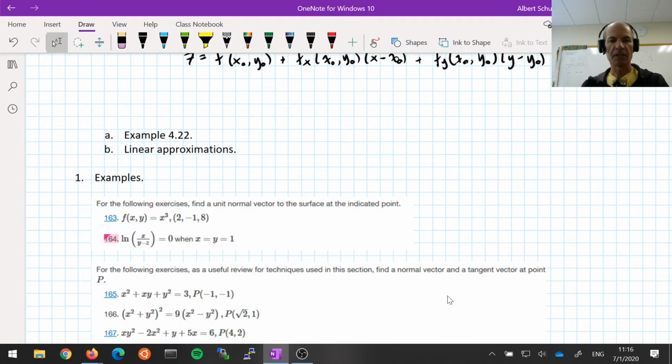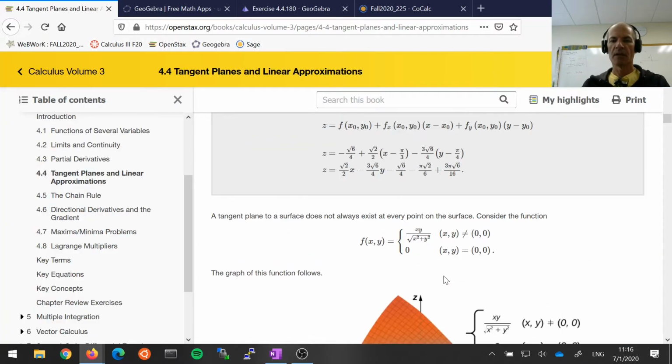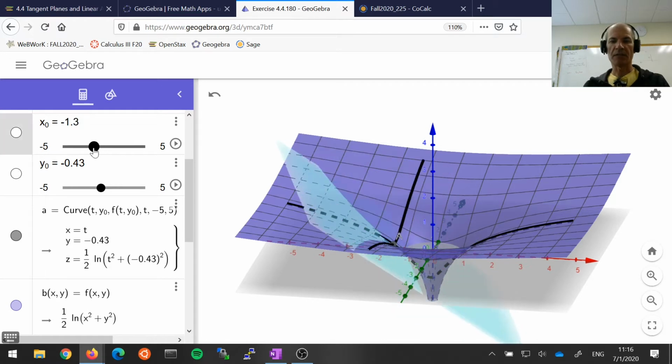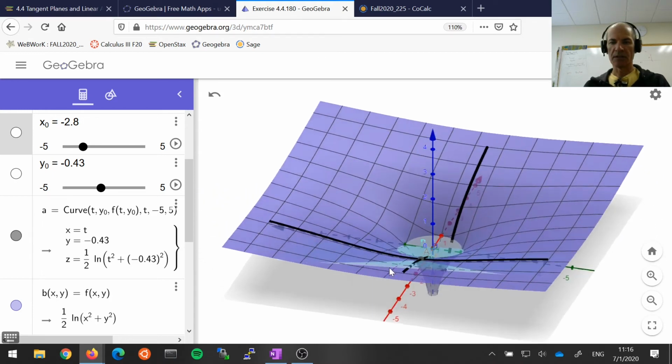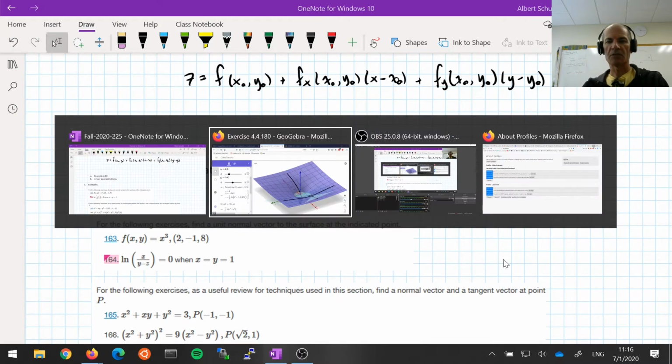All right, let's continue the flyover. We'll finish up with this idea of linear approximations. The tangent plane is a linear object, and because it's close to the surface at the point of tangency, if you look at this, it's very close to the surface near this point of tangency A. The z values on the surface are close to the z values on the plane. So we can use the plane as a simpler, approximate representation of the surface values near the point A. This is akin to